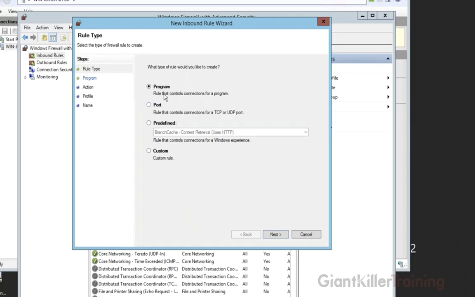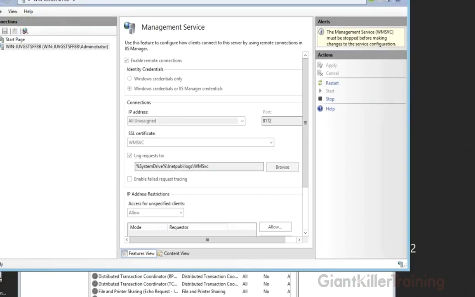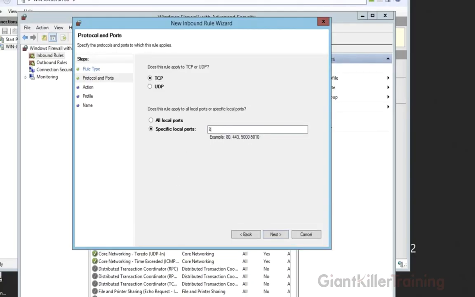So what kind of rule would you like to create? Is it a rule about a program on here, a port, predefined? Obviously we want to talk about port. So what I want to do is set a rule that is in regard to port. I'm going to click next. Is this TCP or UDP? And it's also asking all local ports or specific port. In this case, this is TCP traffic, and I'm talking about port 8172. That might be important to do right. Okay. So basically I'm creating a rule that is for any incoming TCP traffic on port